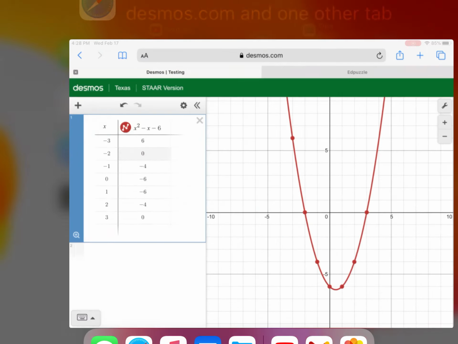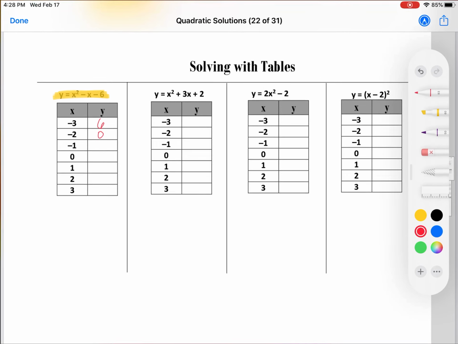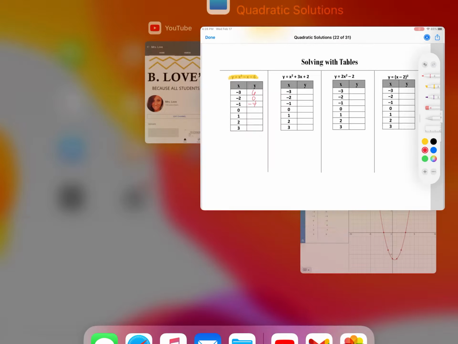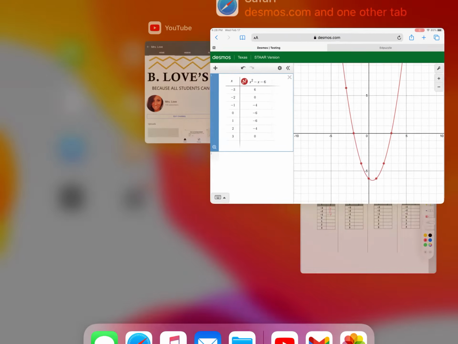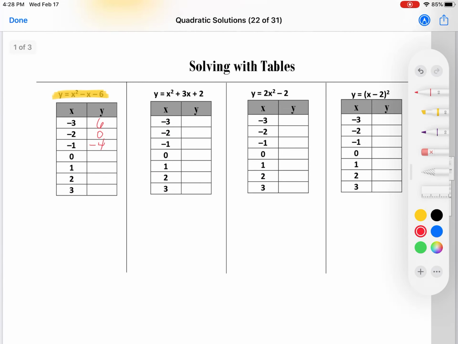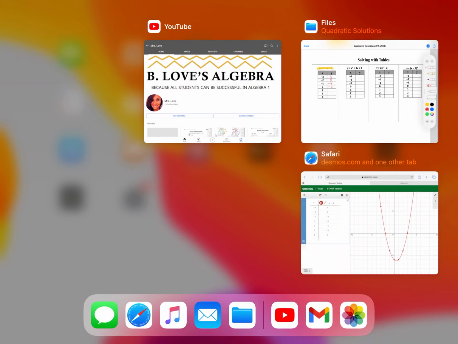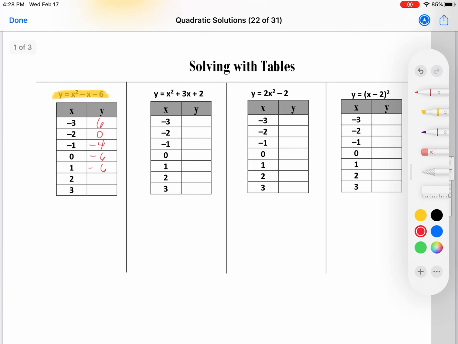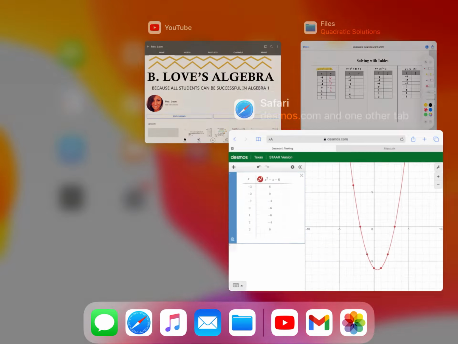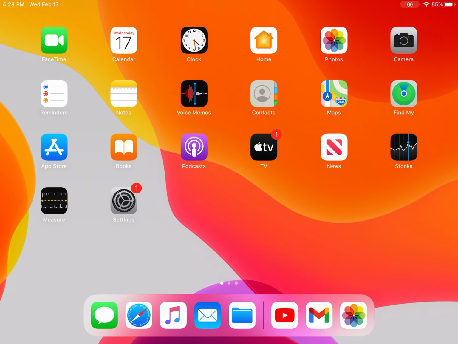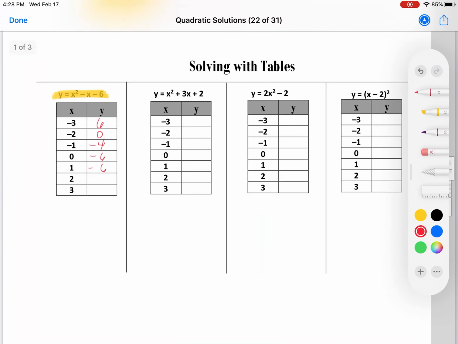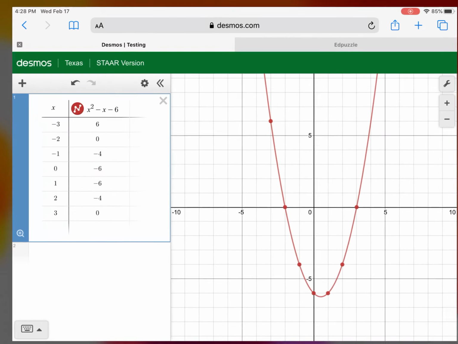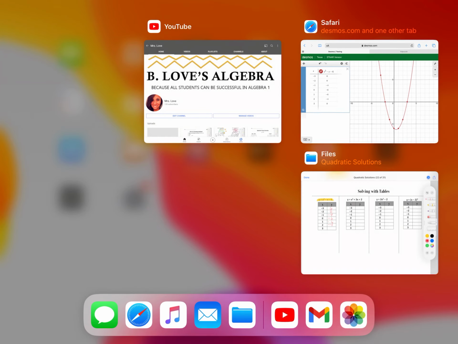When x is negative 1, the y value is negative 4. When the x value is 0, the y value is negative 6. When the x value is 1, the y value is negative 6. When the x value is 2, the y value is negative 4. And then finally, when the x is 3 on this graph, my y is